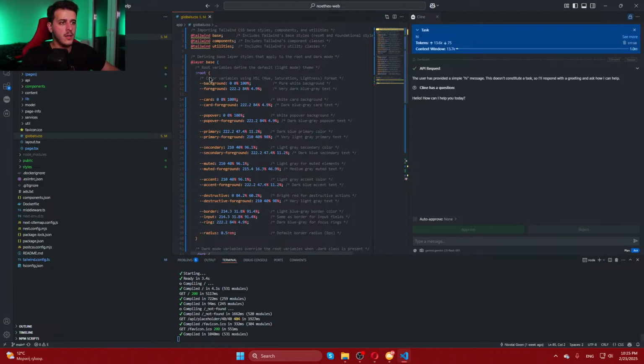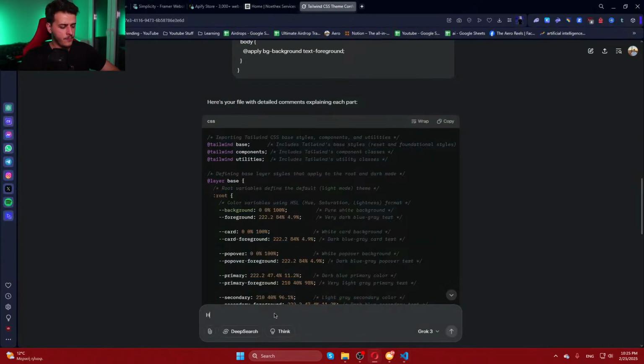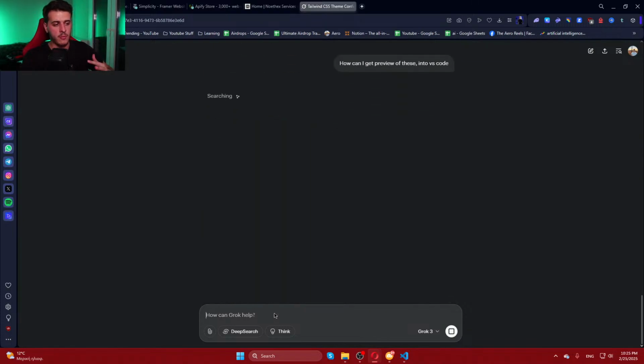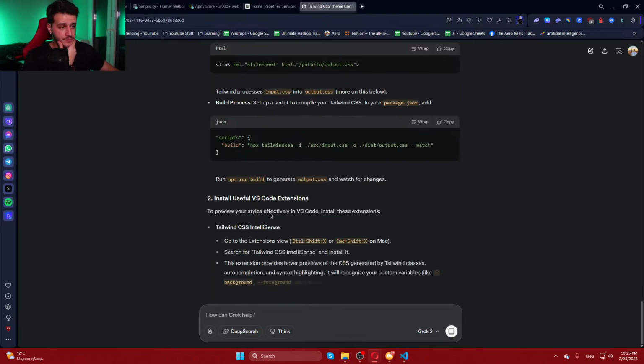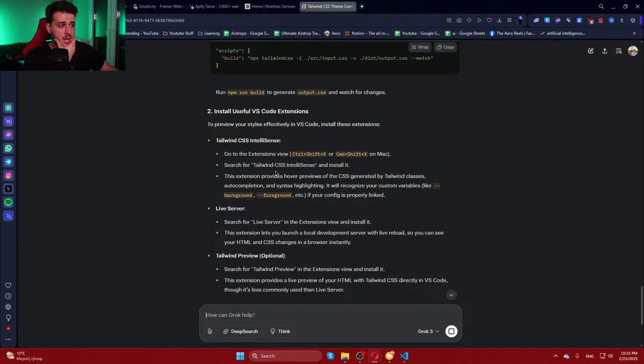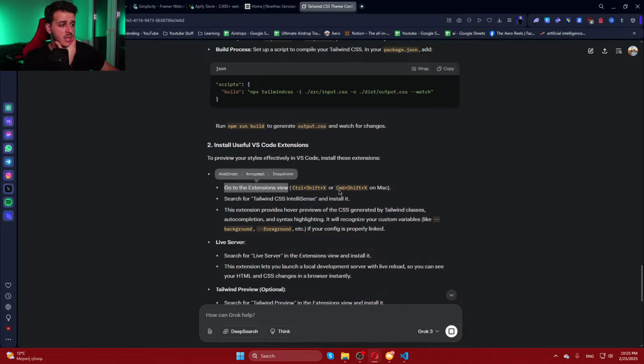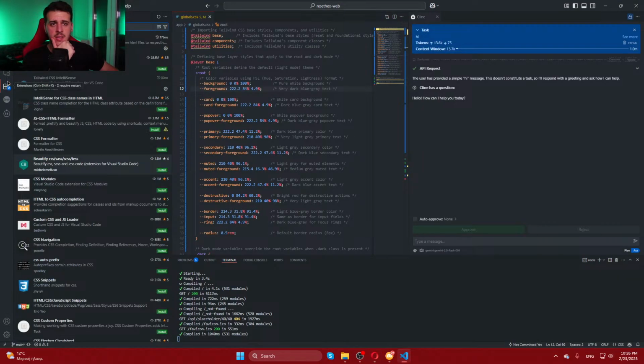So here we have the documentation: hue saturation format, pure white background, very dark blue-gray text. And one of the things, how can I get a preview of these in VS Code? Okay, so I want to see previews. I want to see what colors we have set up, because right now we don't have the colors, and I absolutely hate this. So I want to be able to preview this. And it says to go to extensions and add IntelliSense. I think I've got actually this